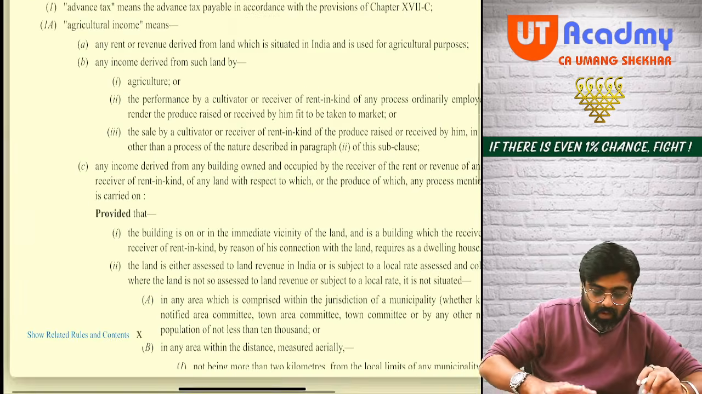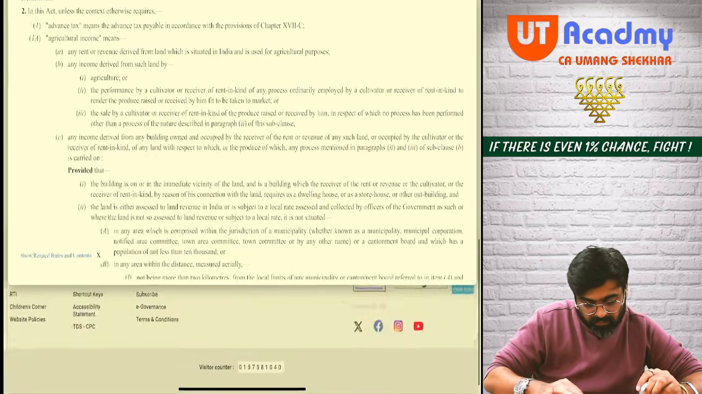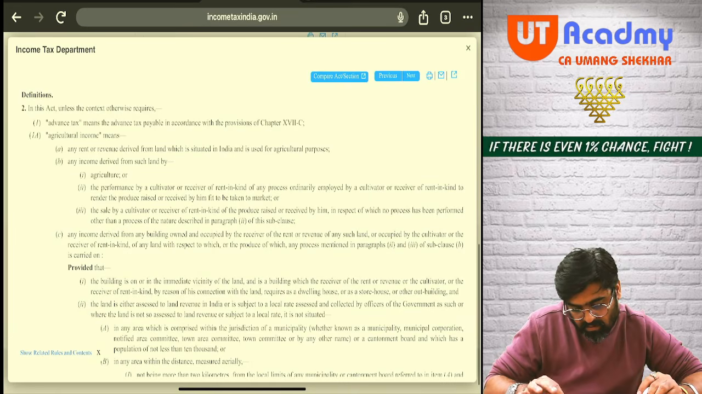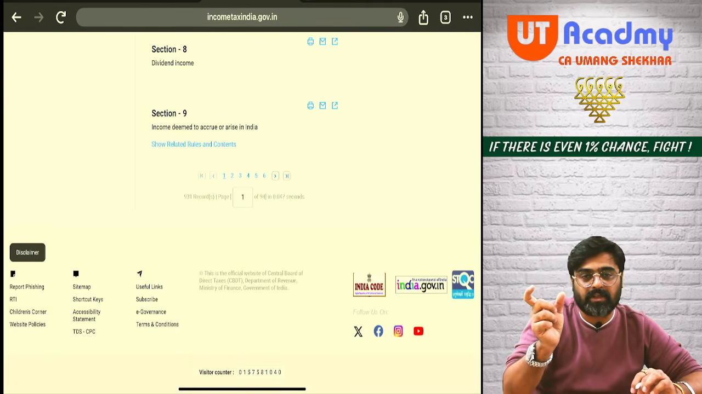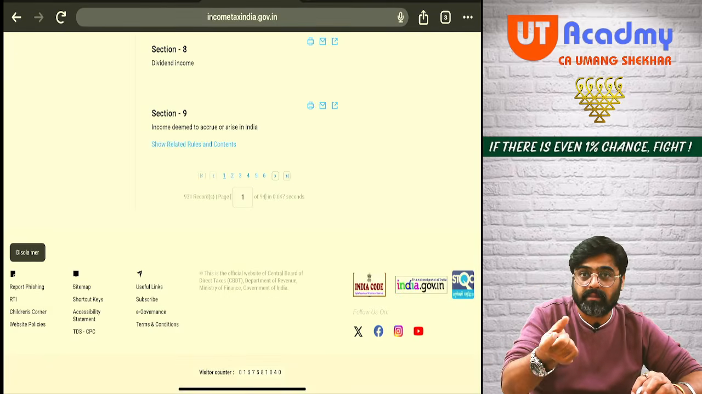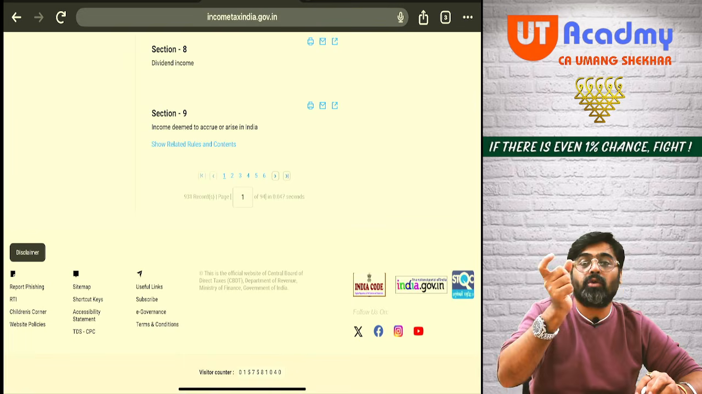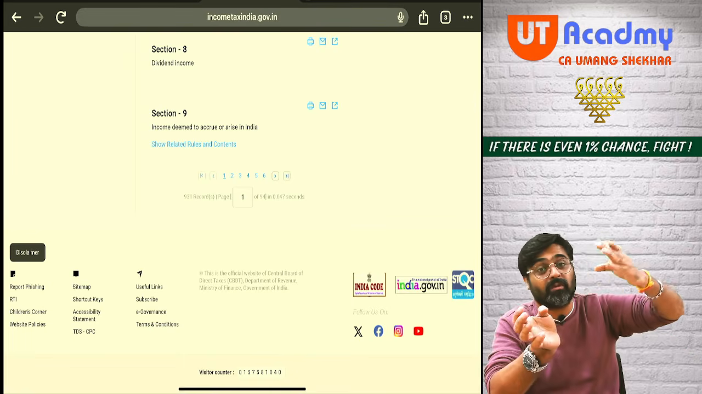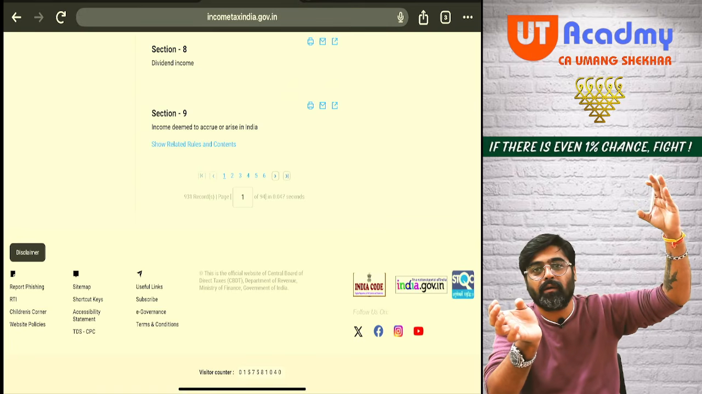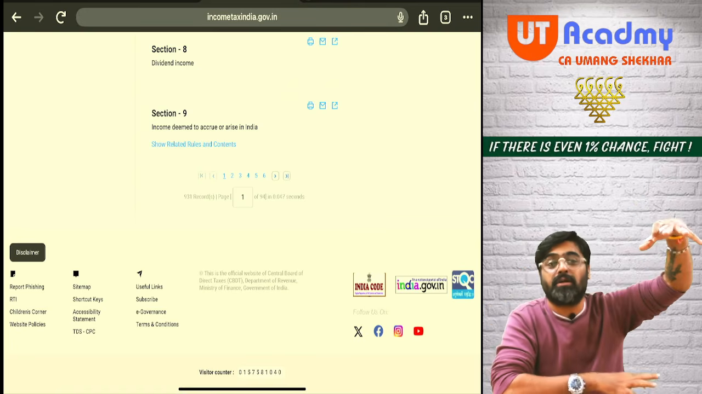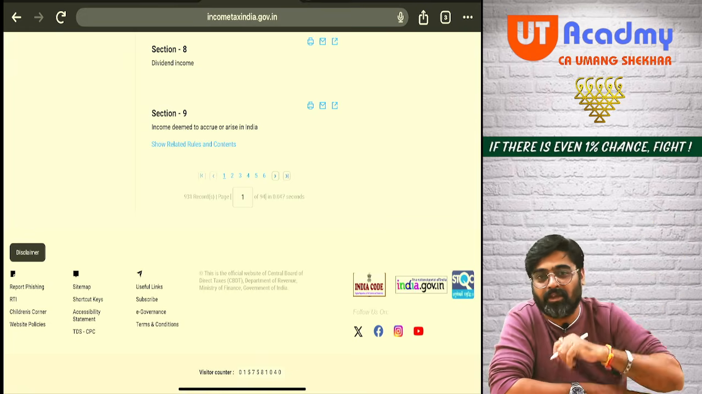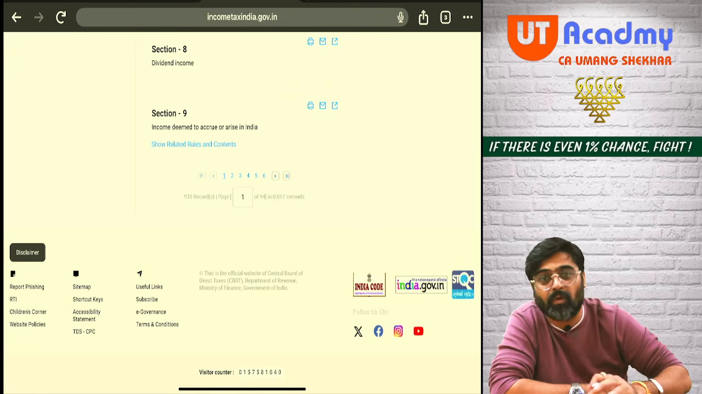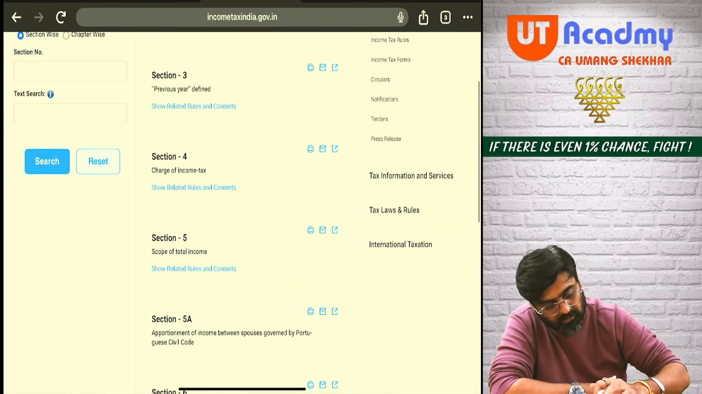And when I go down, after 2(1)(a), then 2 subsection 2, then 2 subsection 3, likewise up to 2 subsection 48. So these many terms are defined under the Income Tax Act. So the definition section is also there. Then section 3 will be over. And when I come to section number 4,